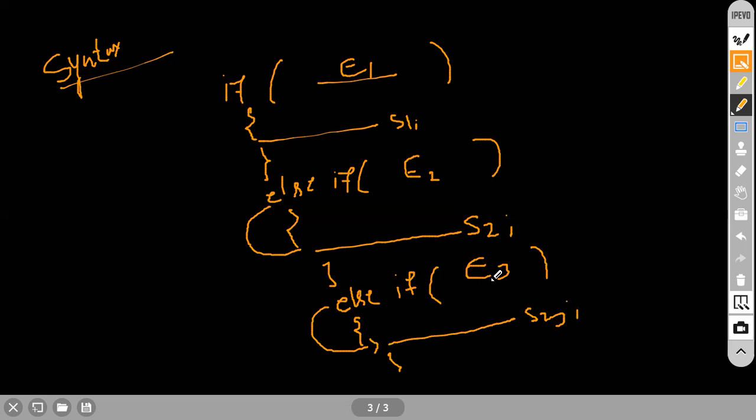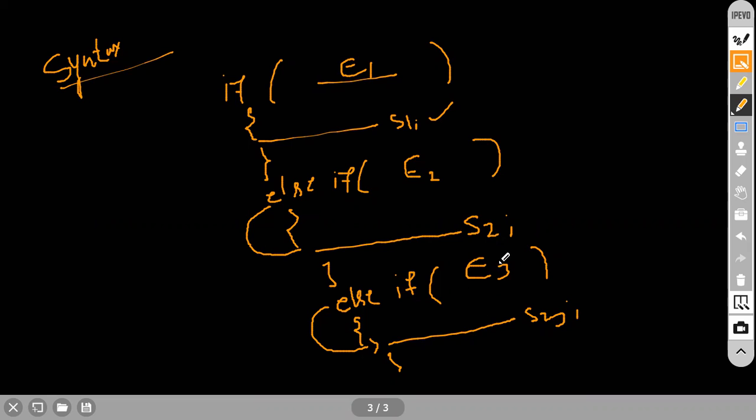Clear? Okay. Suppose this expression is true. That is the reason why it is executing S3, because these two expressions failed. Nothing but these two expressions are giving the false condition: false, false. That is why when this expression is checked, it gives true, and that's why it is executing this one. Suppose you get the true condition at the first one, meaning S1 is executed; then it is over. No more expressions E2 or E3 will be executed.